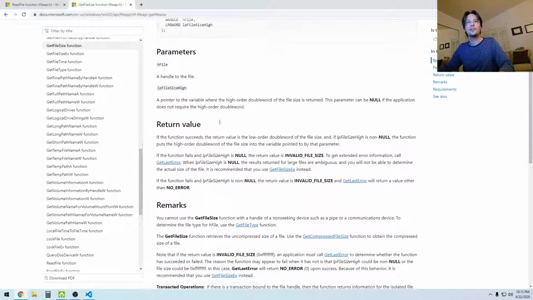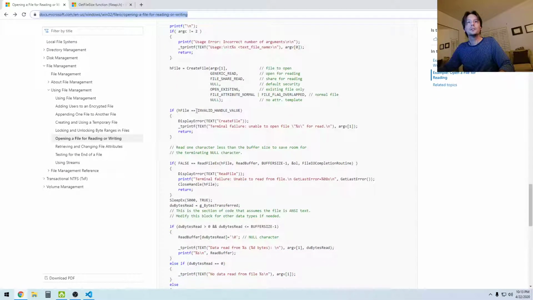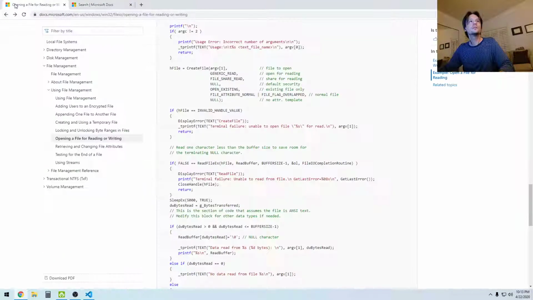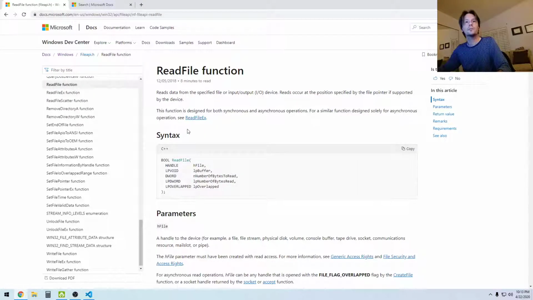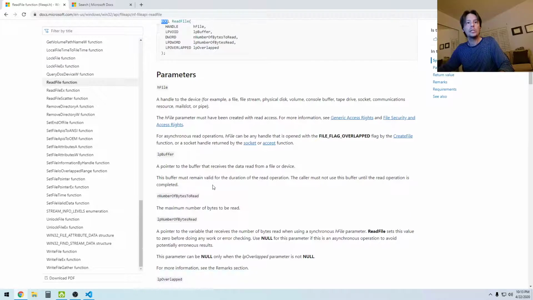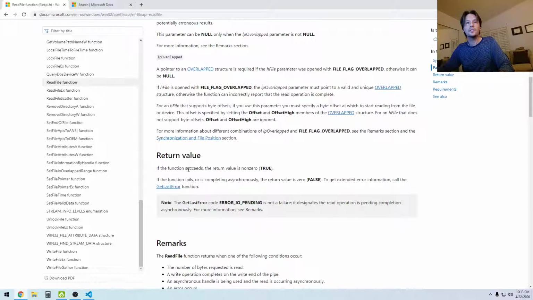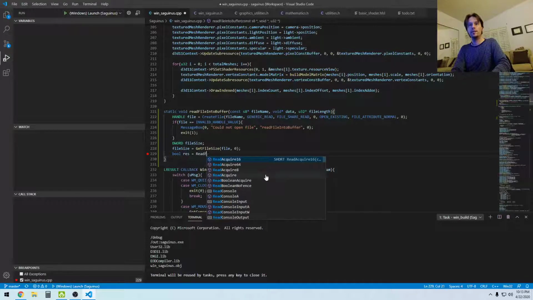So what's after? Now that I have the file size, I can read the file. I don't want ReadFileEx. That's fine. Just a regular ReadFile. All right, so that returns a boolean, and if it succeeds, it's true. Okay, so we'll say bool, I'll call this res equals ReadFile,